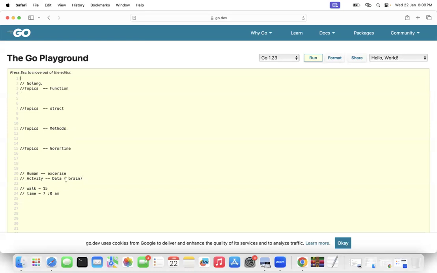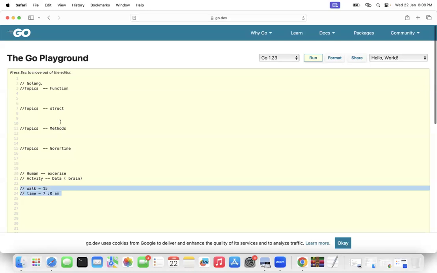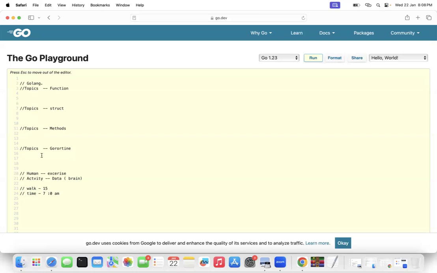Go language has topics called functions, structures, methods, goroutines, all for human activities only. But those activities will contain data. You can also write the code in the form of this human data, what the activity has. You can write all this inside these topics only.